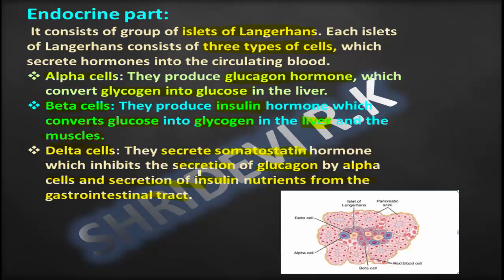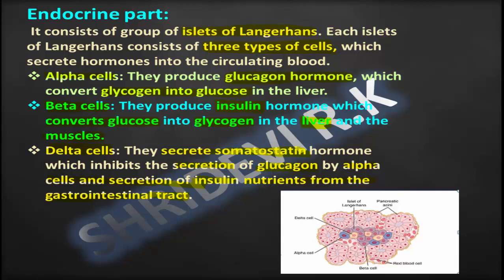It inhibits the secretion of glucagon by the alpha cells and the secretion of insulin nutrients from the gastrointestinal tract. So somatostatin has an inhibitory action on the secretion of glucagon as well as the insulin nutrients which are secreted from the gastrointestinal tract. That means whatever nutrient is required for the secretion of insulin, its inhibition is carried out by somatostatin